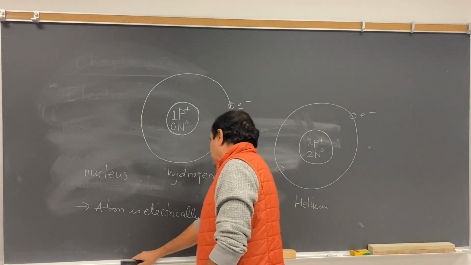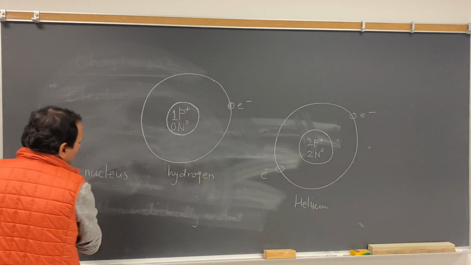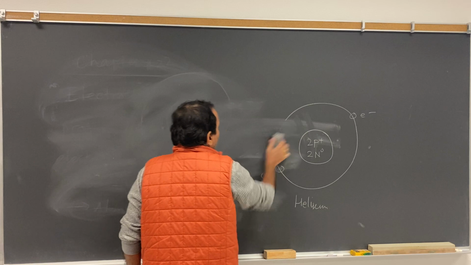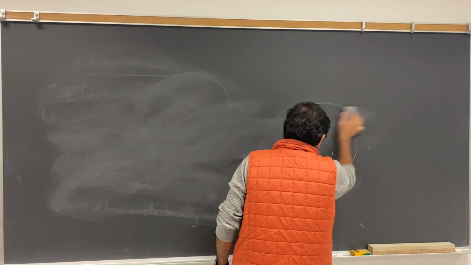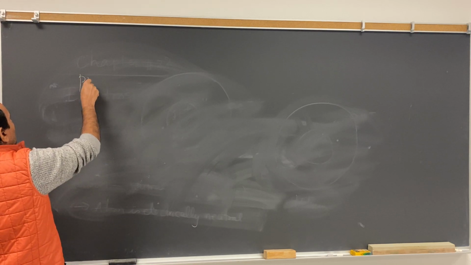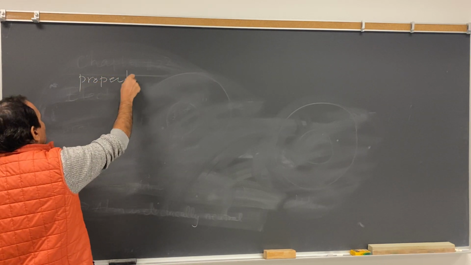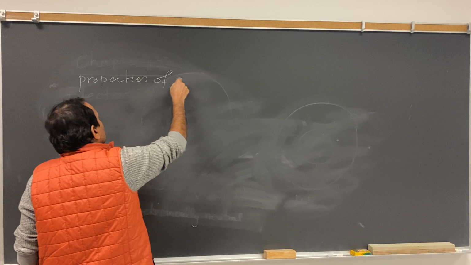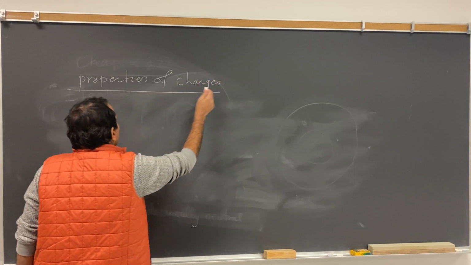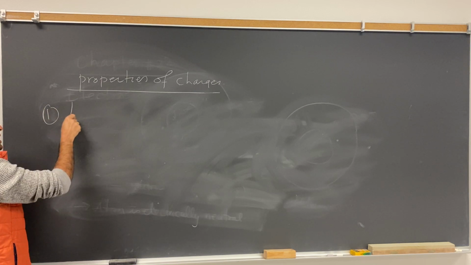So this is about the proton, electron and neutron. The charged particles are only the proton and the electron. Now let us discuss the properties of charges. The very first property is